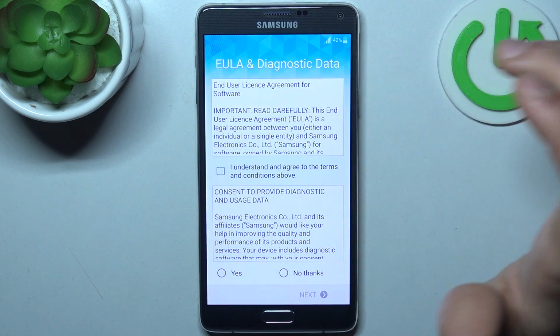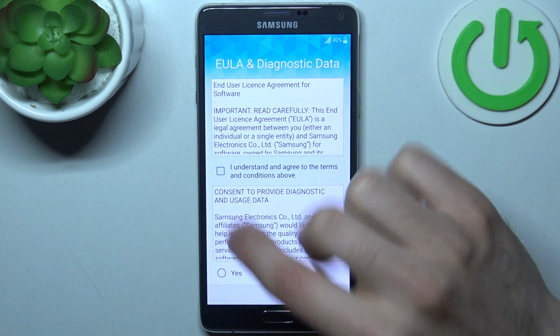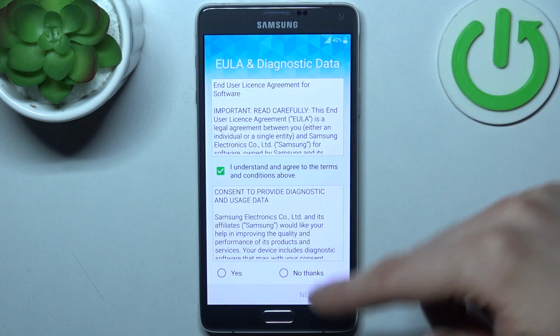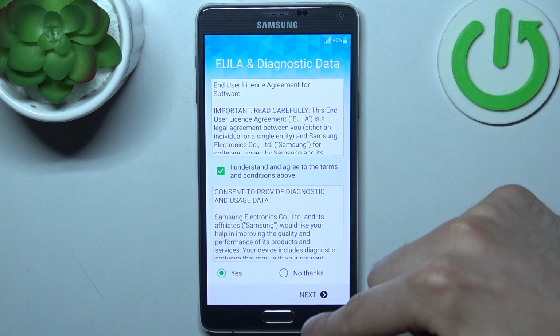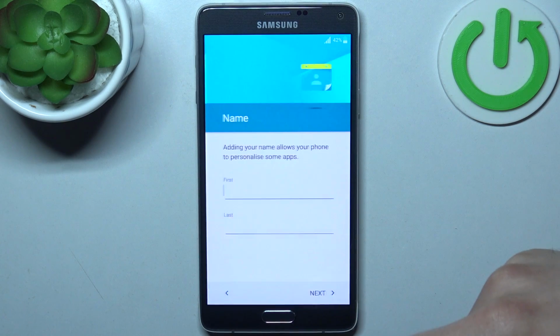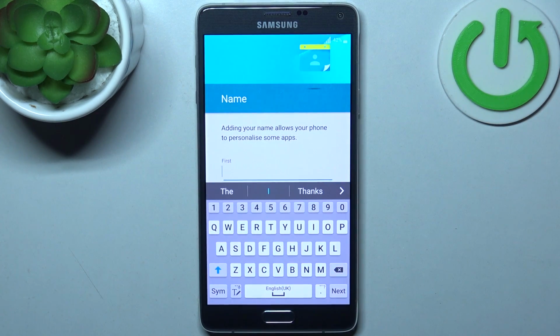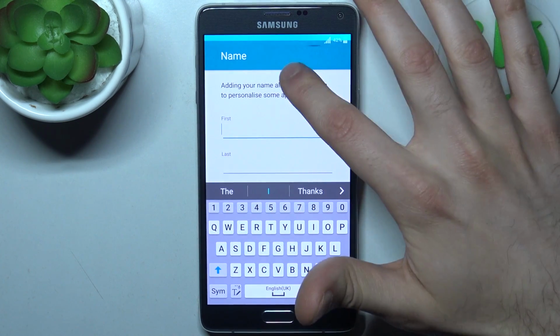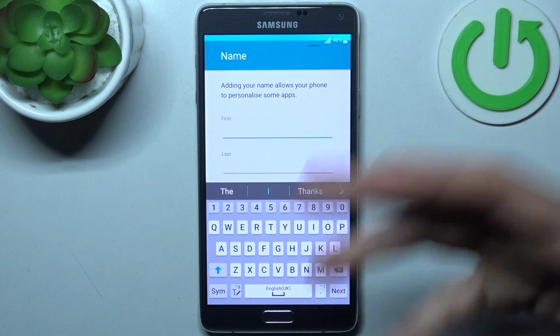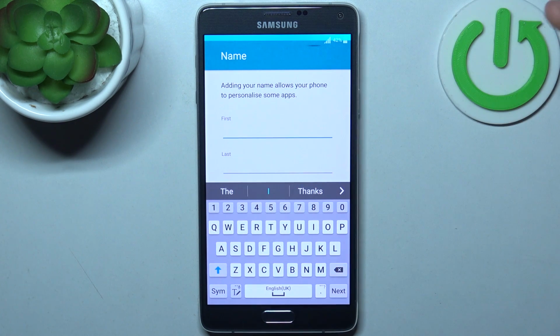Then you have to agree with terms and conditions and yes. Then you tap next. Then you have to set up date and time. Then you can name your device somehow. Okay, so could be